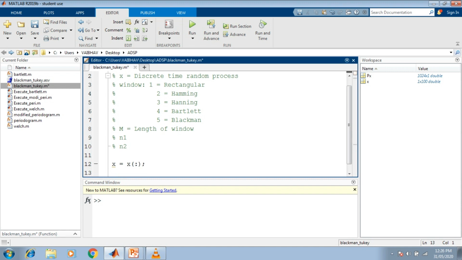Now concerning how many input arguments we deal with by the use of this particular function, we take the help of the if command here.